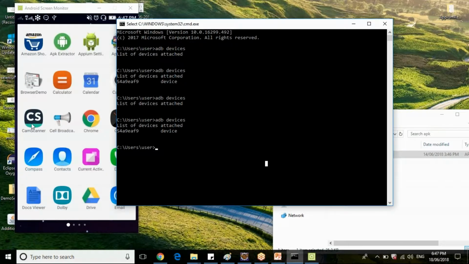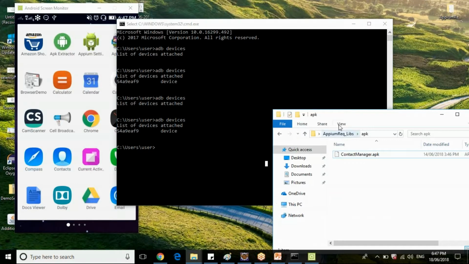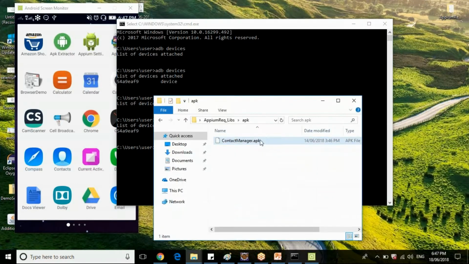Let's say your developer is building an application, then he will package the application code into a file with the .apk extension. So this is your application which the developer is packaging. This is similar to an exe file for our Windows application, guys.